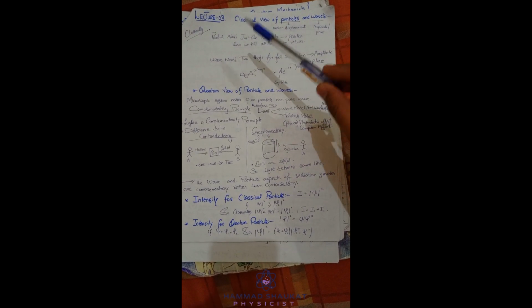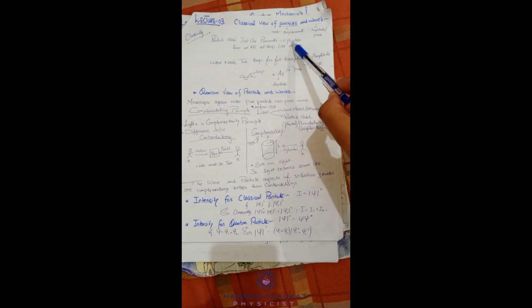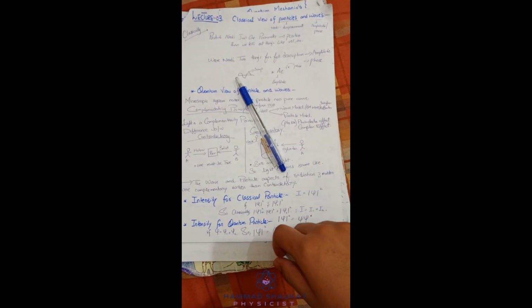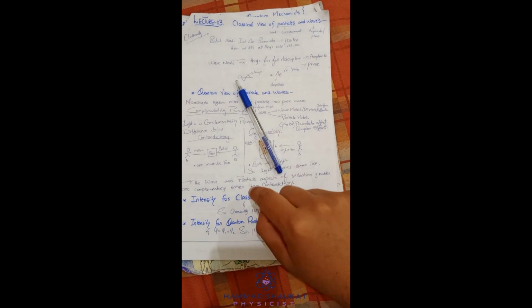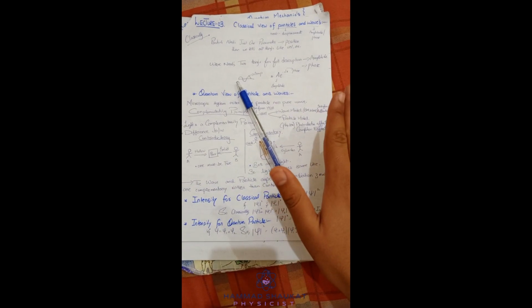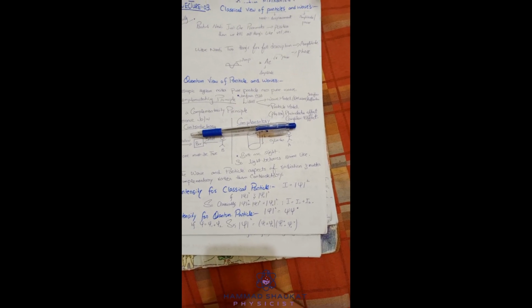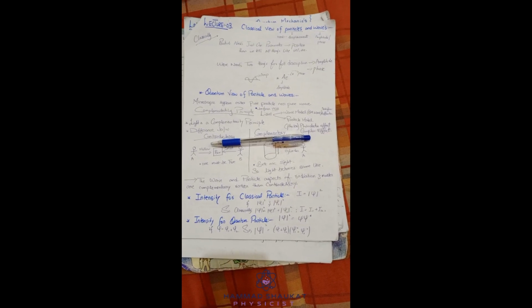Classically, you just need one parameter to discover all the things of some particle. A particle needs just one parameter, like position, to explore everything. This is my classical pen, and if I know the position of this pen, I can tell each and everything. If I know the position of this pen at a 10-meter distance, I can find its velocity, its acceleration, its retardation and everything by taking derivatives, integration and all other aspects.